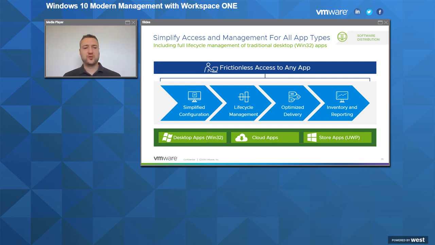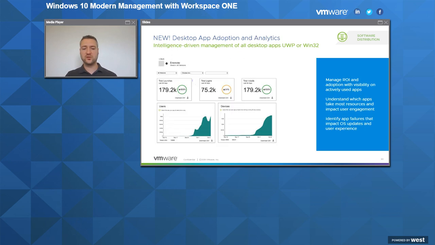So when it comes to applications, because we can deploy applications across absolutely every ecosystem we tend to see in enterprises, and we can do the same thing with Windows, it means that your users have a really consistent experience. So from Workspace ONE, once they have their device and you're managing their device from Workspace ONE, they can access Win32 applications, or you can give them access to cloud applications, or you can give them access, potentially lockdown access to store applications. You can decide through our integration with Windows AppLocker which applications are whitelisted, which are blacklisted. So you have full control over the application estate that your end users are using.